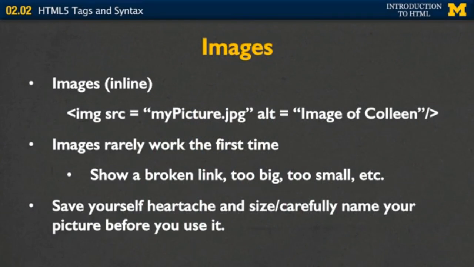So in this case, I have one tag, which you can tell because of the bracket, and two attributes, source and alt. Now, speaking of images, there's a few things I want to mention to you. Images rarely work the first time you use them. They're either going to show a broken link because you wrote the wrong file name, or you forgot to upload it, or it's not in the right file, or the picture is going to be too big or too small or something like that. Unless you have the broken link and you're just worried about the appearance, I want you to just let it go for right now. What we care about right now is that you can get tags to work. We're going to worry about appearance later.